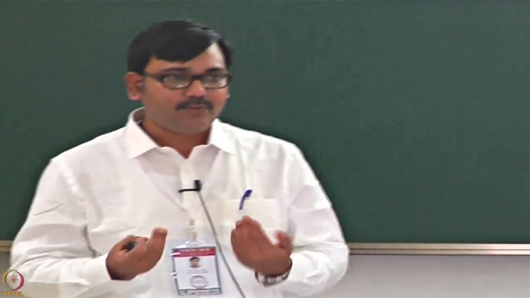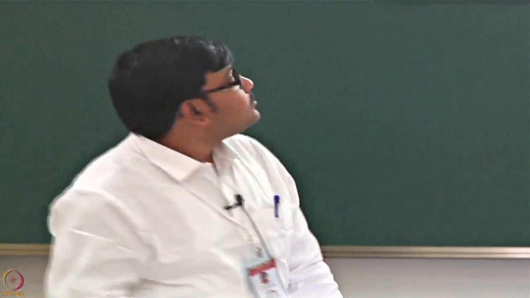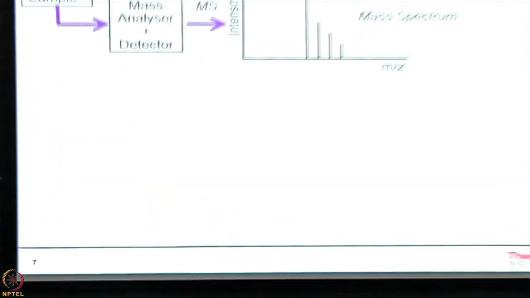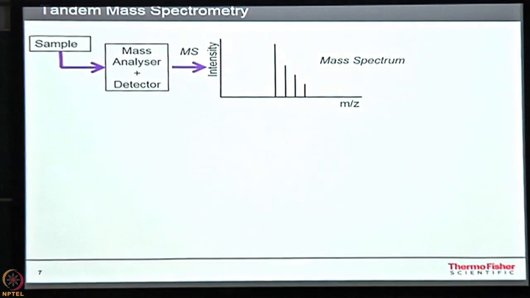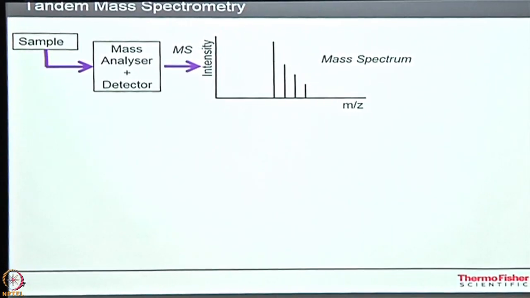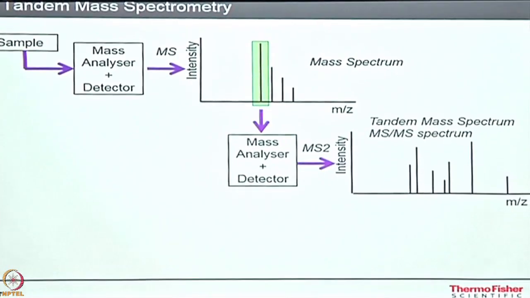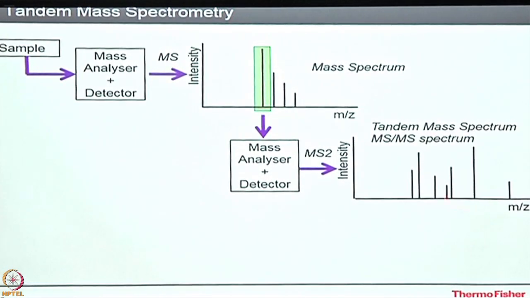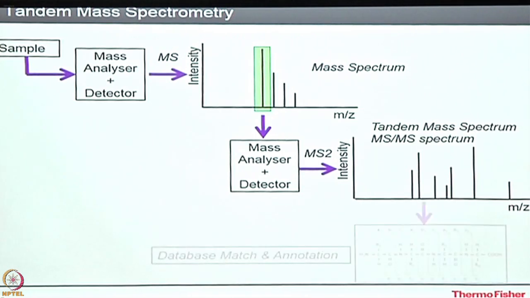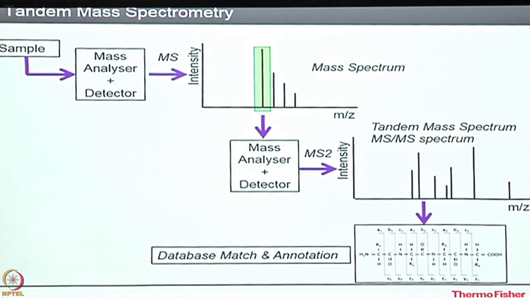Okay. Now we see how the mass spec works, what we are doing in the mass spec after injection of sample. So we inject a sample to mass spec. Through the mass analyzer and detector, we get the MS1, the MS spectra. From this MS spectra, we will select one of the peaks and again do the fragmentation, MS2, and we get this fragmentation. Now this fragmentation will be searched against the database and we will find out what ions are there, B and Y ions, and we get the database match, we will get the peptides. From the peptides we can say this protein is present in our sample.